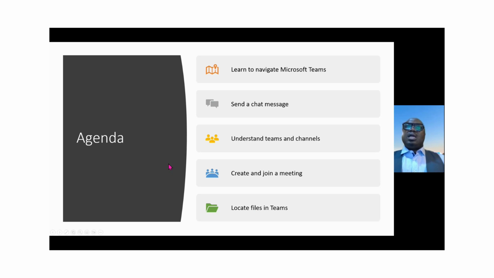Agenda for today. In today's session, we are going to learn how to navigate Microsoft Teams, how to send chat messages, understand teams and channels, create and join meetings, and finally locate files in Teams.